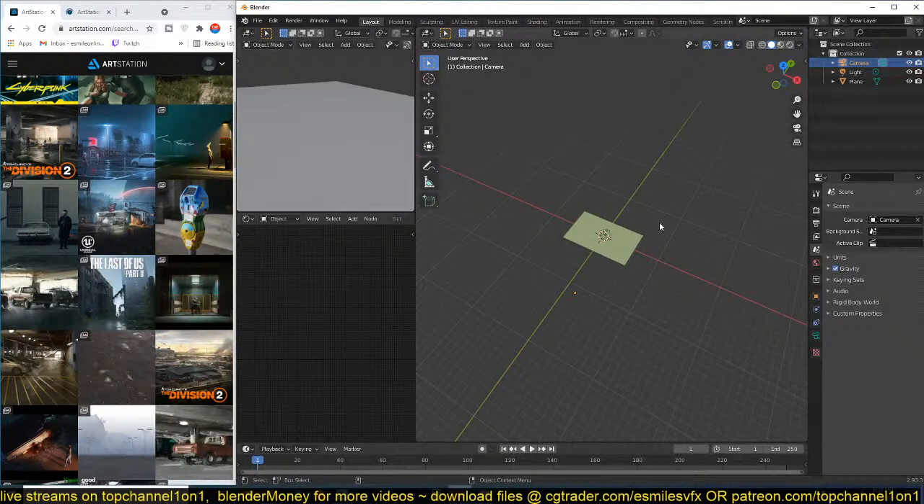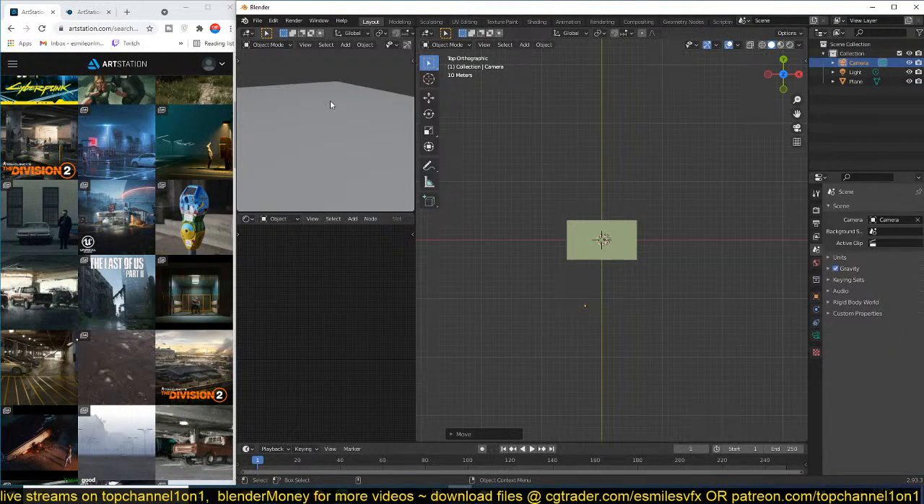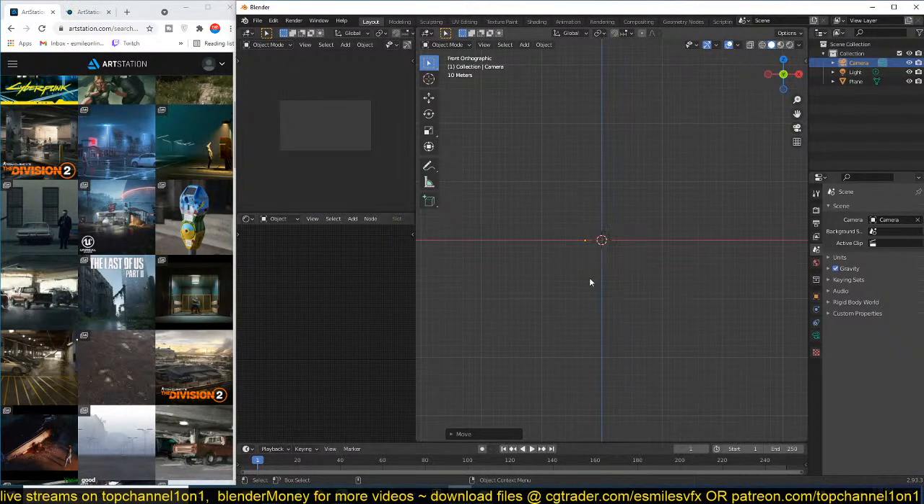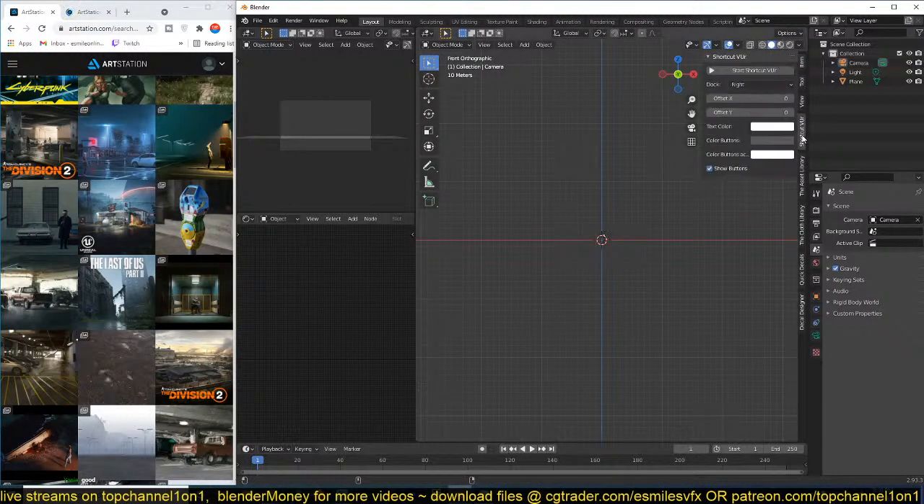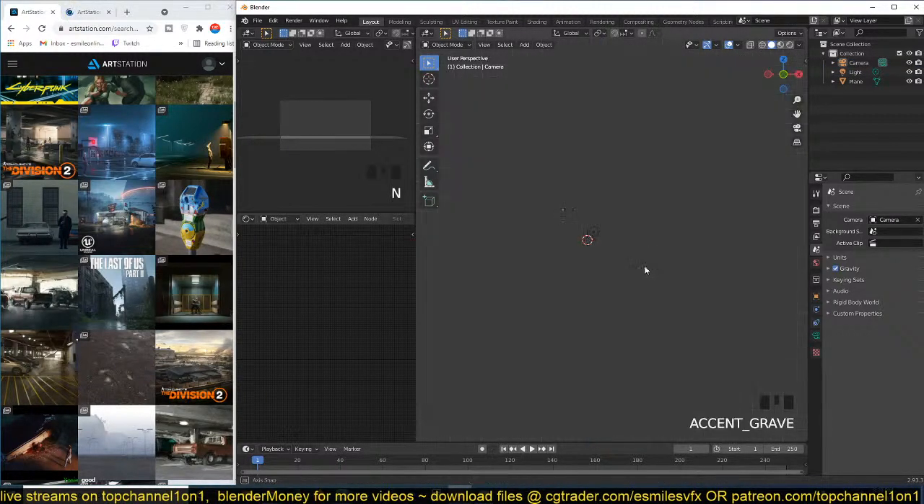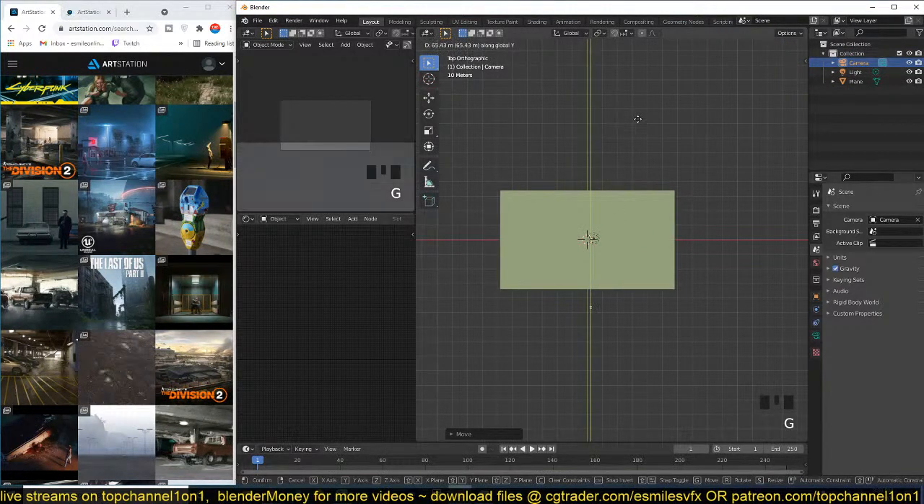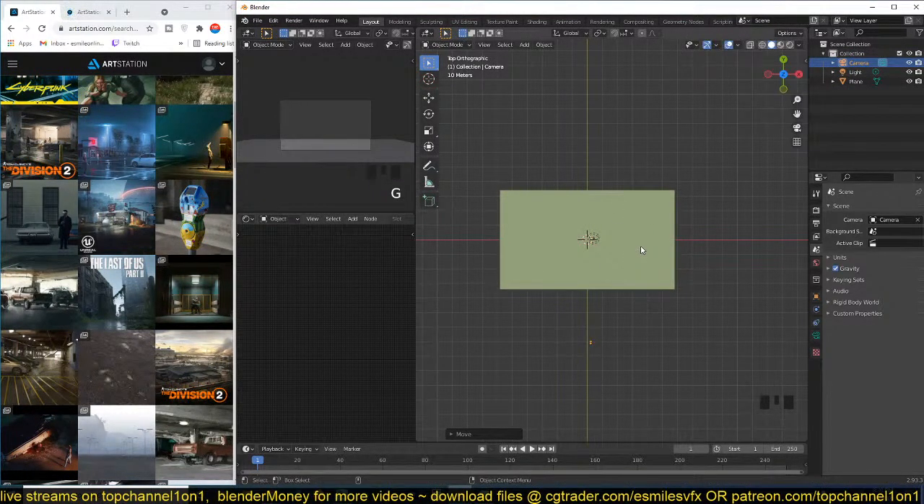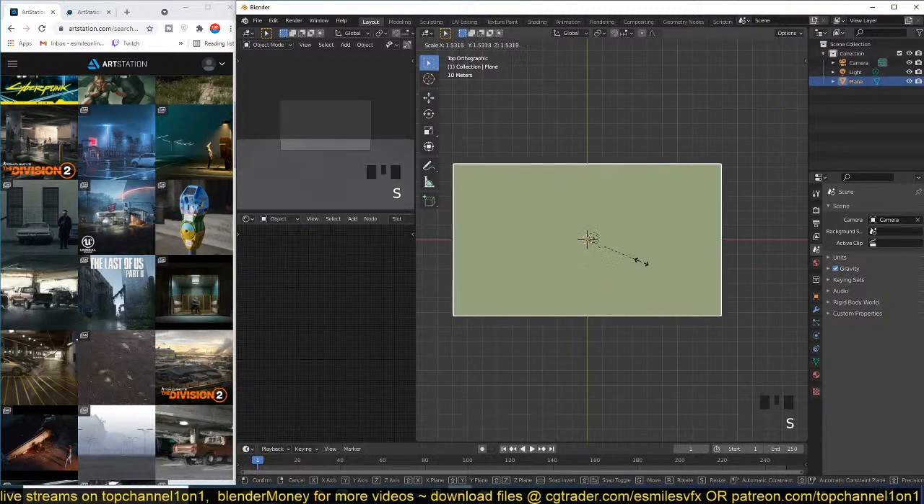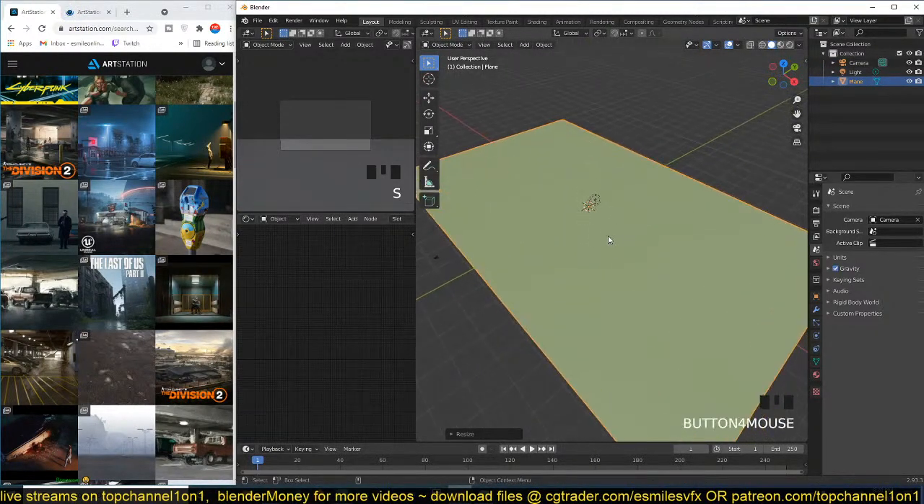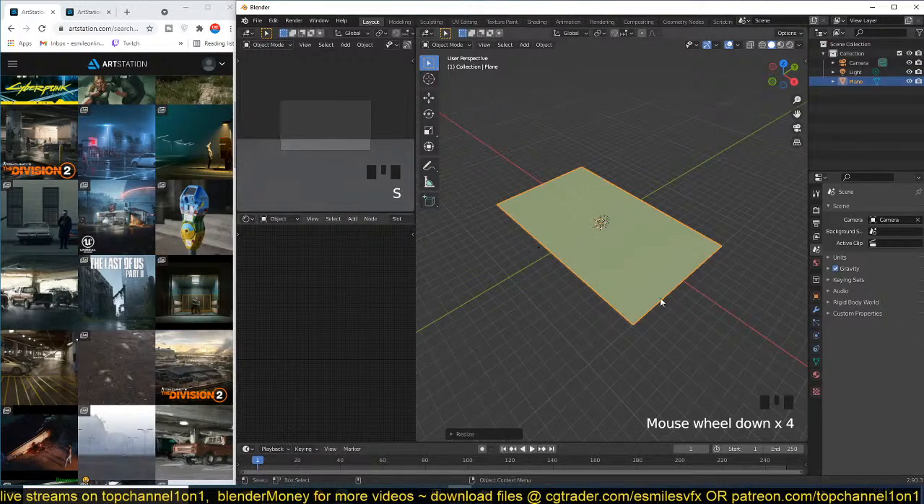Let me see, set up my camera. I guess I can also turn on shortcuts for you guys. Okay. So let's do this a little bit faster and see. I'm just going to